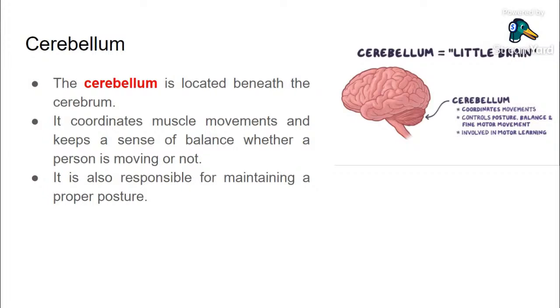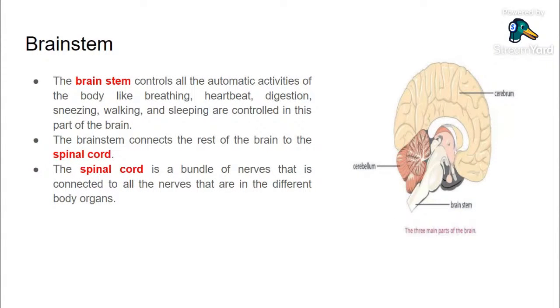So those are motor. Okay, so the cerebellum is located beneath the cerebrum. It coordinates muscle movements and keeps a sense of balance whether a person is moving or not. So that's the work of our cerebellum, no. So coordinate niya ang mga muscles, no, for balancing, for movement, no. It is also responsible for maintaining a proper posture. So mo pud ni trabaho sa ato ang cerebellum, no. So to maintain proper posture, no, yung postura. Okay, dili ka yukog or sa ato ang mga